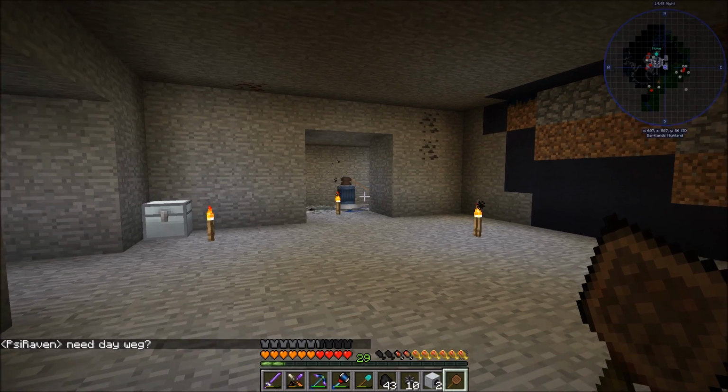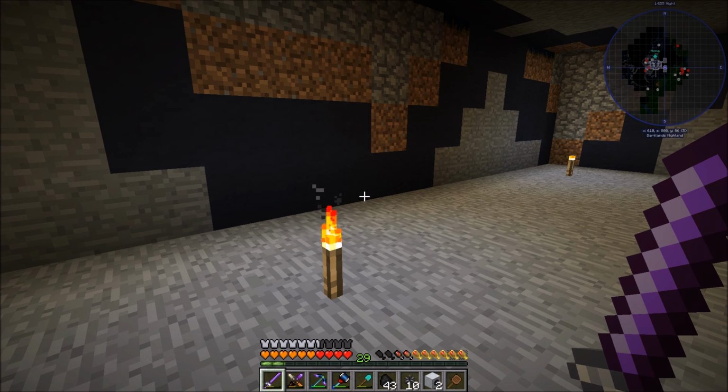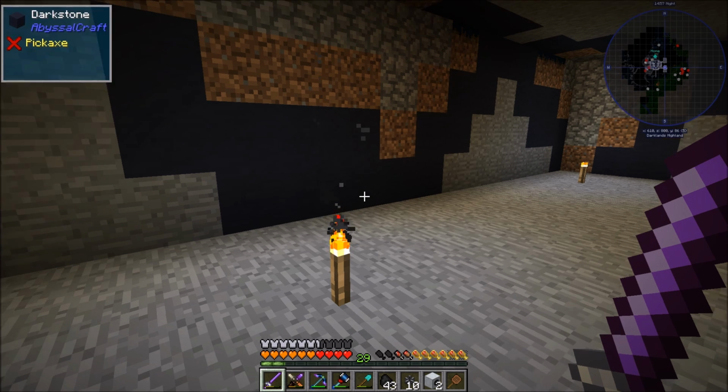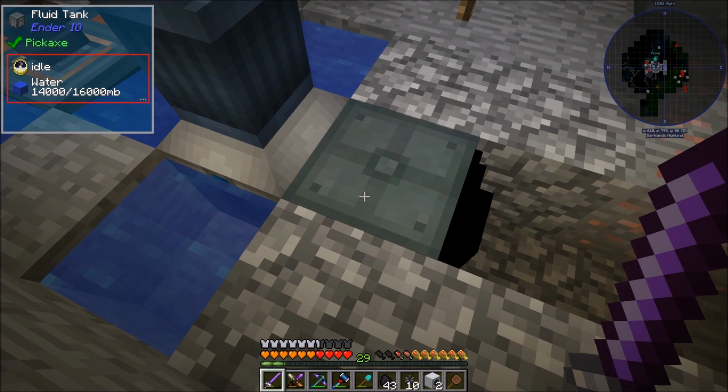Now there's a couple ways that you can do this. You can either submerge it in water. If you submerge it in water, I think the most you're going to get is like 0.25 EU per tick. It's terrible. But we're going to be doing the manual method, which is feeding it buckets of water. Okay, and this is not...